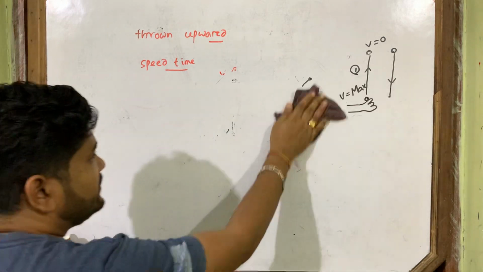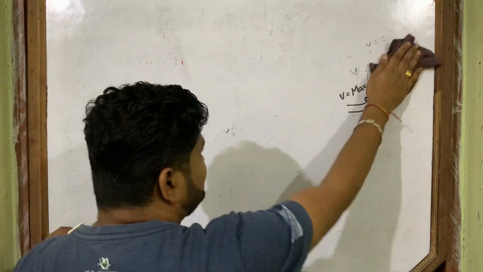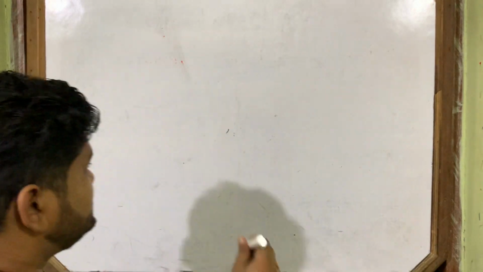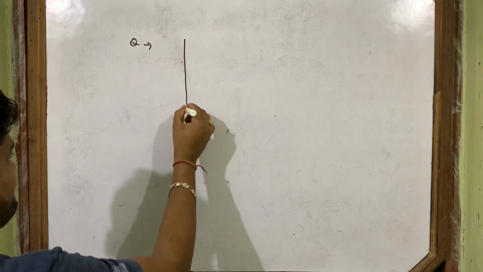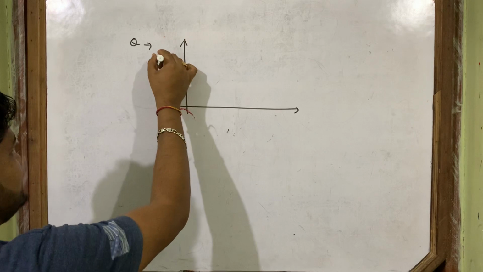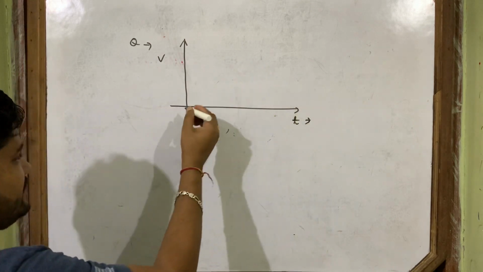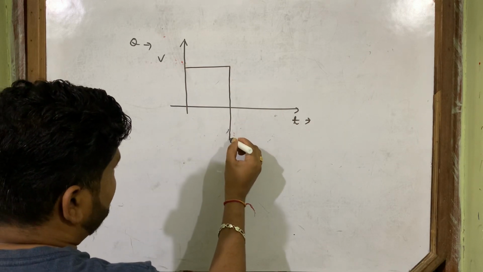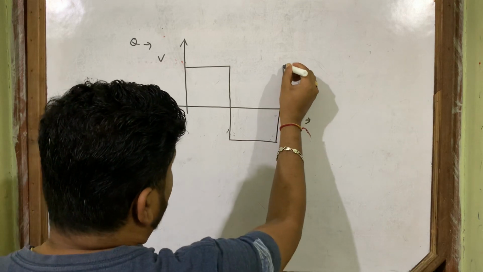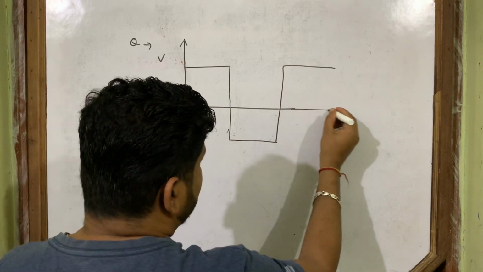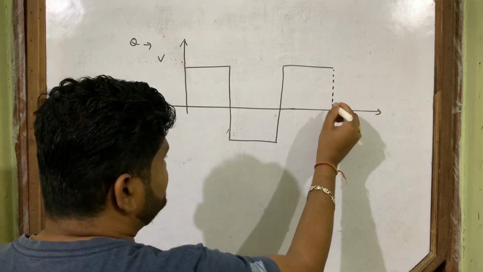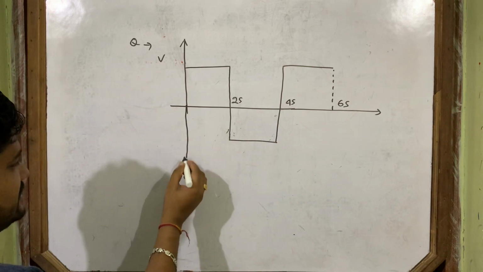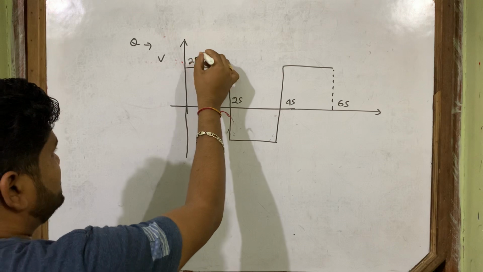Now I will go to the next question. Now see what will be the next question. Next question is like this. We'll find this question is related to area. This is a speed time graph or velocity time graph, you can say, no problem. So the graph is like this. Okay, this is the graph. This is the line, the graph comes to here. 2 seconds, 4 seconds, 6 seconds. This is 2 meter per second.